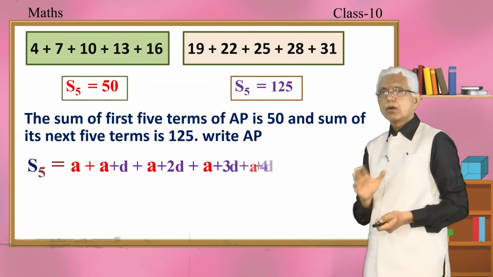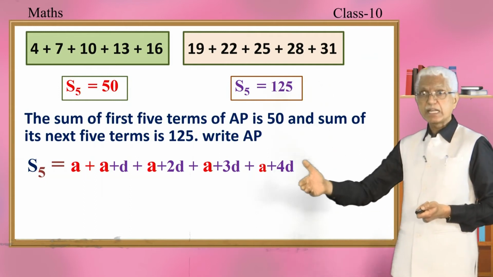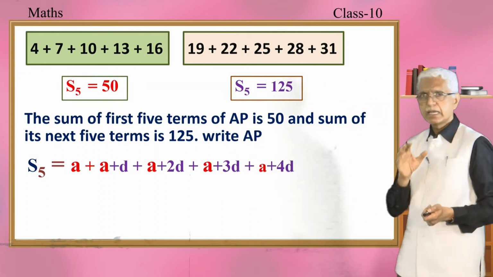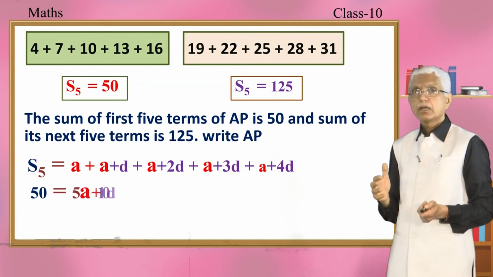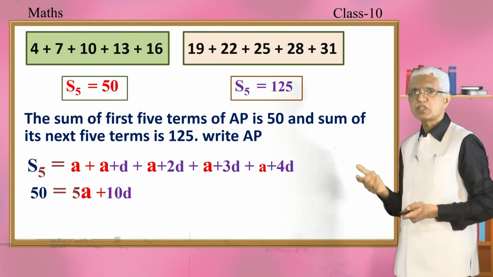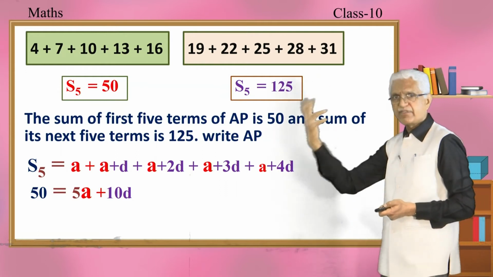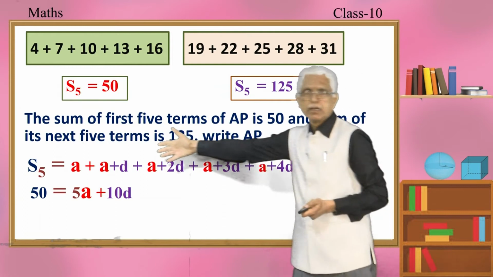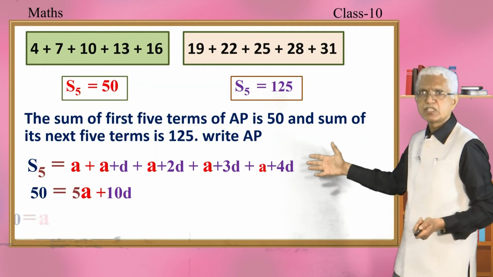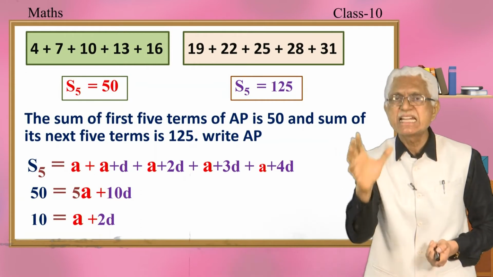Okay, please watch. What is the sum of the first 5 terms, my dear children? First term is A, second term is A plus D, A plus 2D, A plus 3D, A plus 4D. These are the first 5 terms, okay? S5, wonderful. What is S5? Sum of the first 5 terms is going to be 50, no? Please check those A, how many times A is there? A plus A plus A plus A plus A, 5 times, 5A. Then you have D plus 2D plus 3D plus 4D, which is 10D. So, 50 is equal to 5A plus 10D.